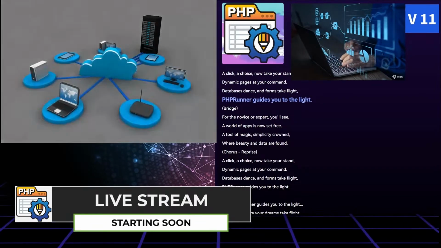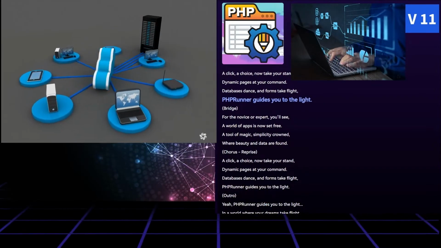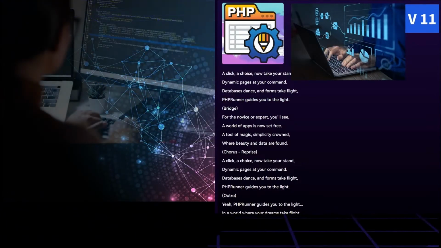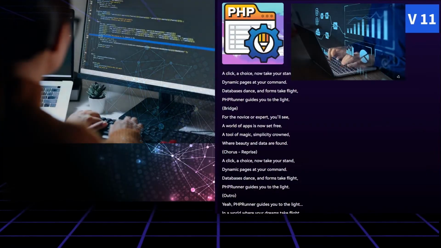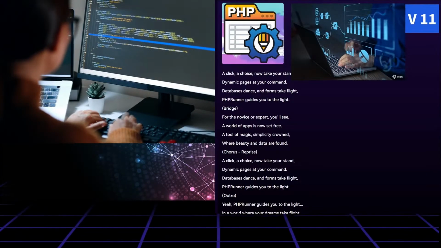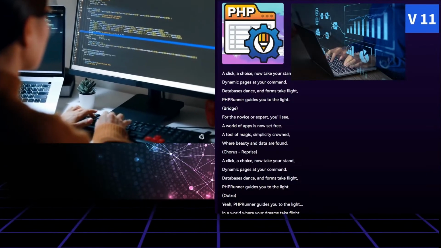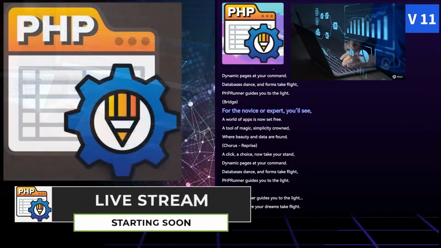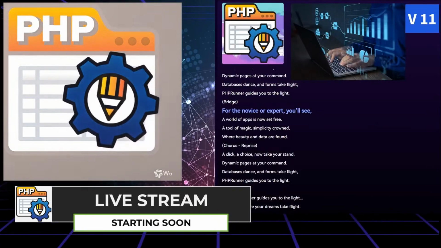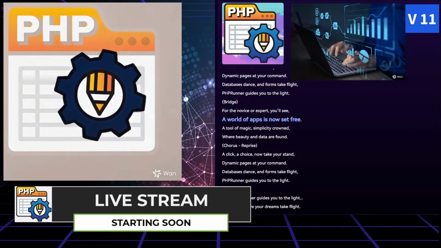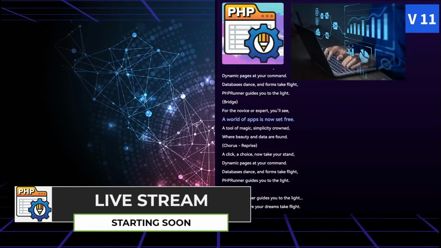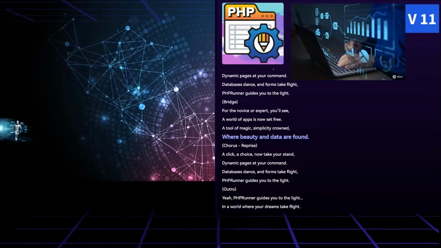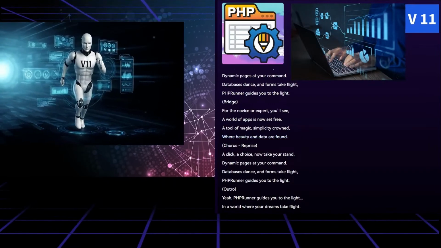PHPRunner guides you to the light. For the novice or expert to see, a world of apps is now set free. A tool of magic, simplicity crowned, where beauty and data are found.